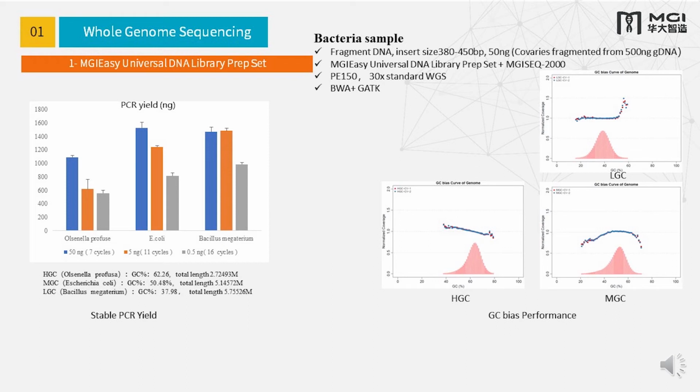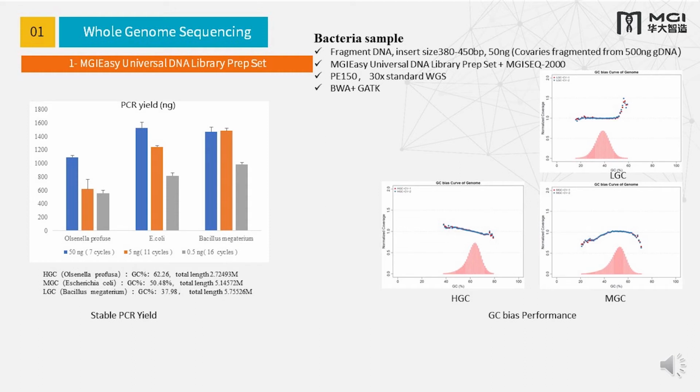independently? Because actually, the bacterial samples, they have very unique GC content. So for each different bacteria, if you start with the same DNA input, sometimes you cannot get the same performance from the sequencing platform. So you can see we choose 3 different bacteria to show you that for each kind of very high GC content bacteria and very low GC content, actually